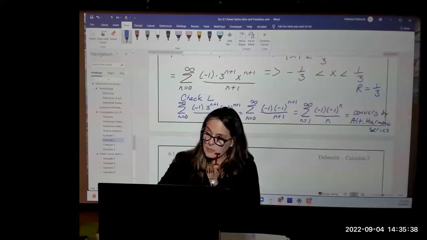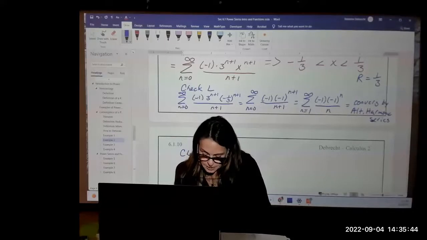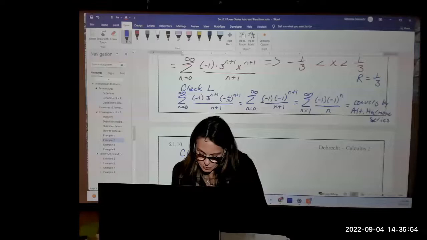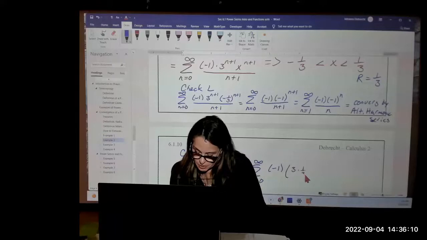Okay. Probably need a little more space here. So I'm going to check the right. I'm going to substitute in the series n equals 0 to infinity, -1. And let's go ahead and put the 3 and the x in parentheses. So I have 3x to the n plus 1 over n plus 1. Make it a little easier. And I'm going to substitute in place of x 1/3. So I have -1 times 3 times 1/3 to the n plus 1 over n plus 1, which gives me